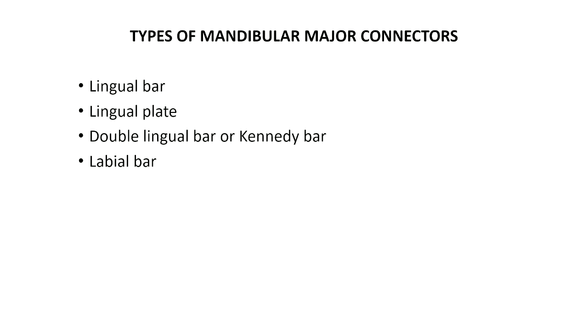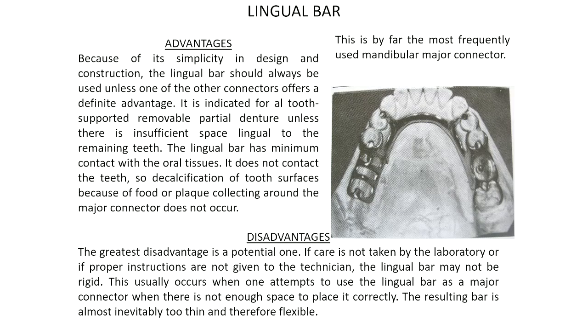Now we are moving on to the major connectors in the mandible. The mandibular major connectors are of 4 types: the lingual bar, the lingual plate, the double lingual bar or the Kennedy bar, and the labial bar. Now, coming to the lingual bar, this is the most frequently used